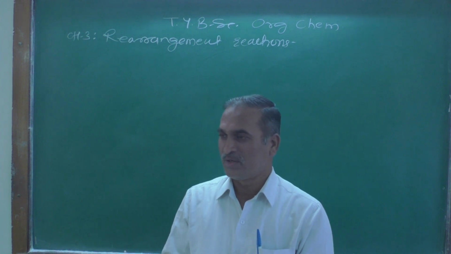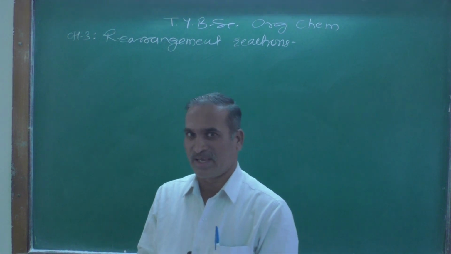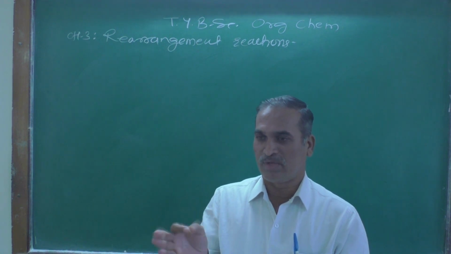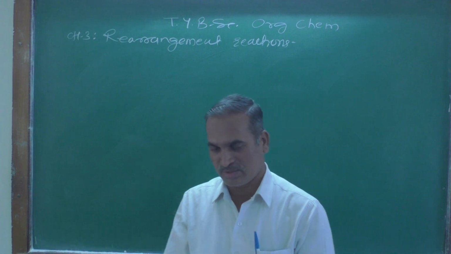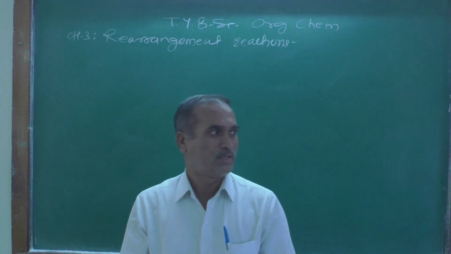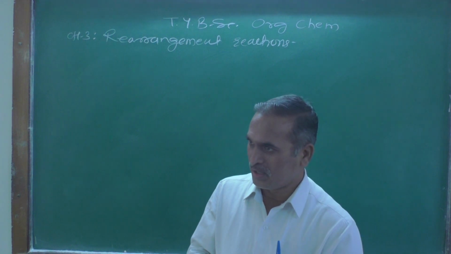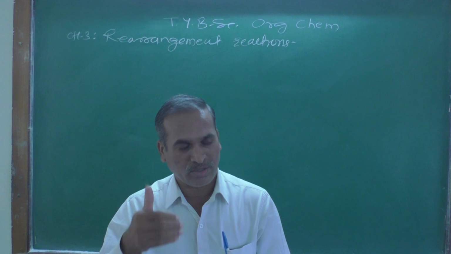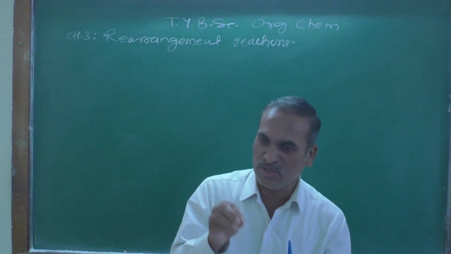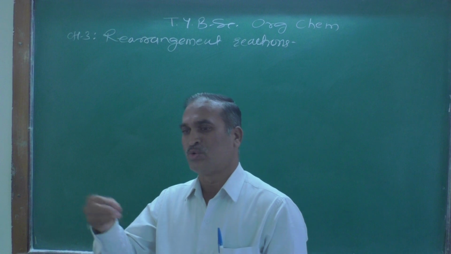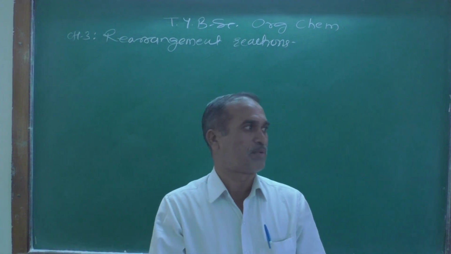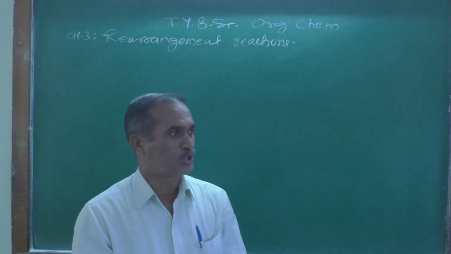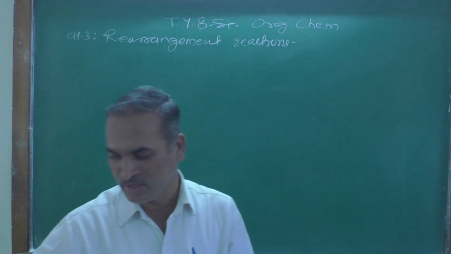Do you remember what we were discussing yesterday? I think we were discussing the Baeyer-Villiger rearrangement reaction. So what does it mean? What are the starting materials and what are the products? What kind of stereochemistry is involved in it and how to remember it? That type of thing we discussed yesterday, and today we are going to discuss